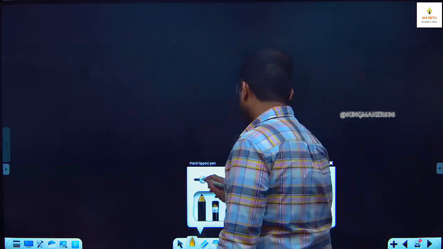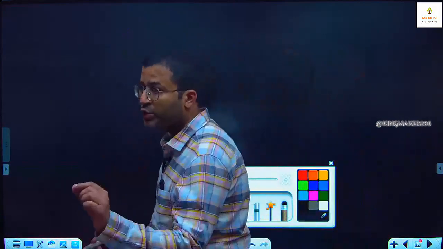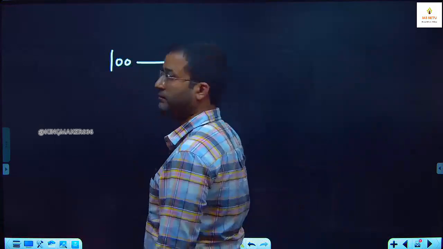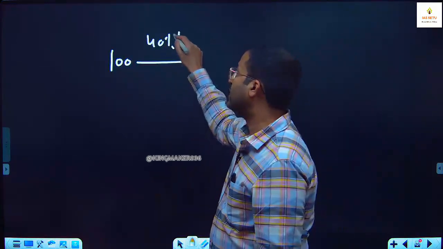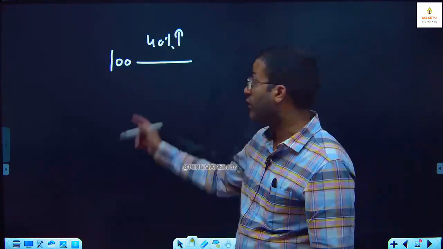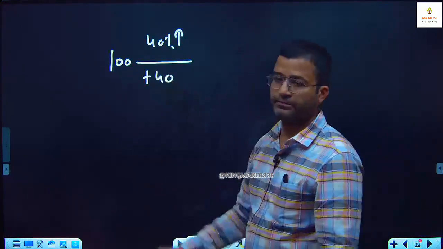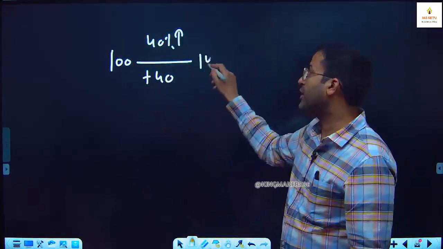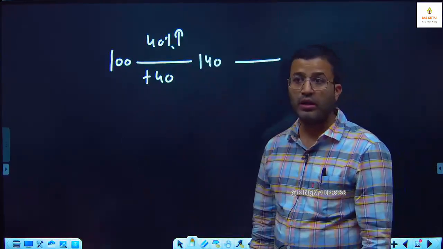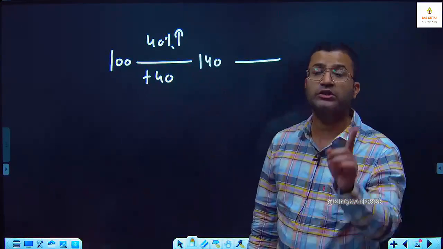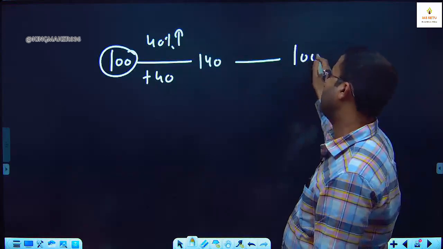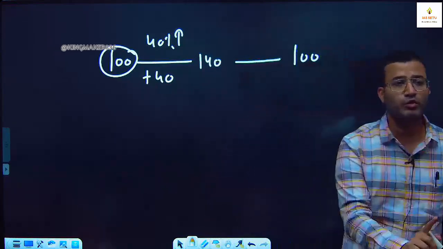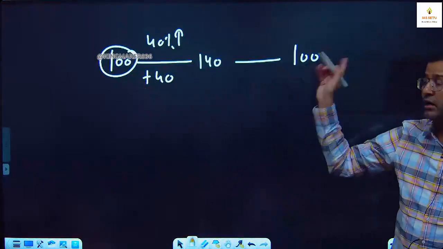See what you have to do in PCC. First rule is you start with 100. Then the question says length increased by 40%. Step number 2, 40% increase. What is 40% of 100? 40. So 100 plus 40, it becomes 140. And make it a rule in type 1 question, when area is the same, budget is the same, if you start with 100, you have to end with 100. टाइप 1 का ये रूल है, 100 से स्टार्ट होना है और 100 पे खत्म होना है।